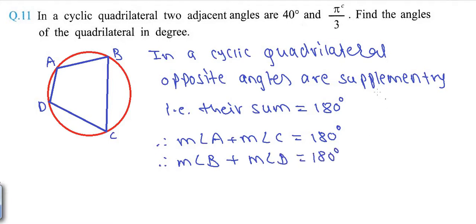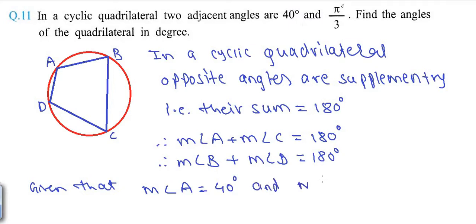Now it is given that two adjacent angles are 40 degree and pi by 3 radian. Now let us consider two adjacent angles to be A and D. So it is given that measure of angle A is equal to 40 degree and measure of angle D is equal to pi by 3